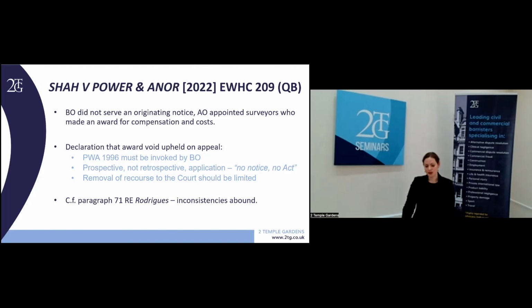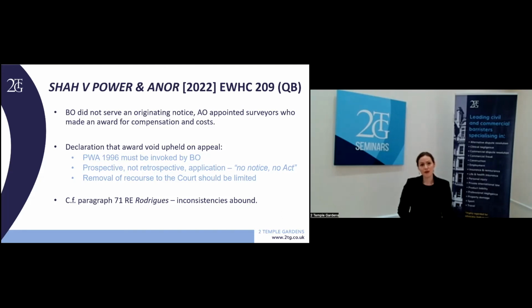Finally, it was felt that the Court should be cautious before interpreting the Act in such a way as to remove a person's normal right of recourse to the courts. The statutory dispute resolution mechanism was an exception to the usual court oversight and should be interpreted reasonably closely. Without clear words to the effect in the Act itself, the Court felt that they shouldn't allow the unilateral imposition of a statutory regime by the adjoining owner.